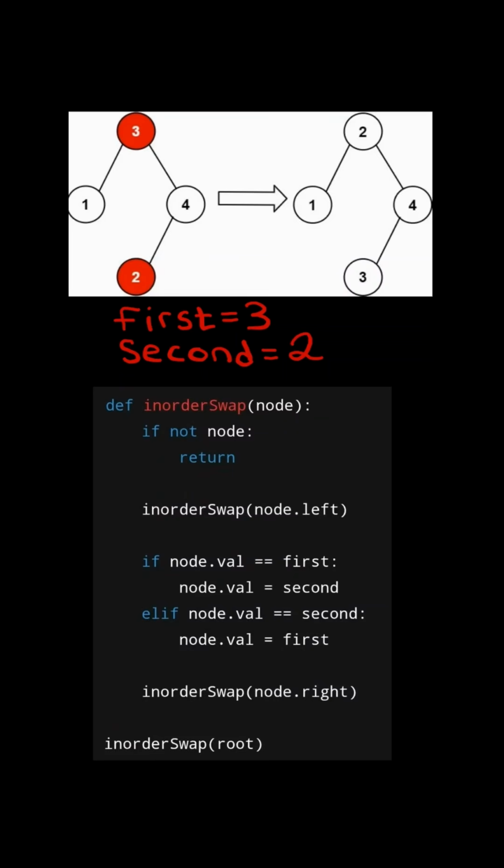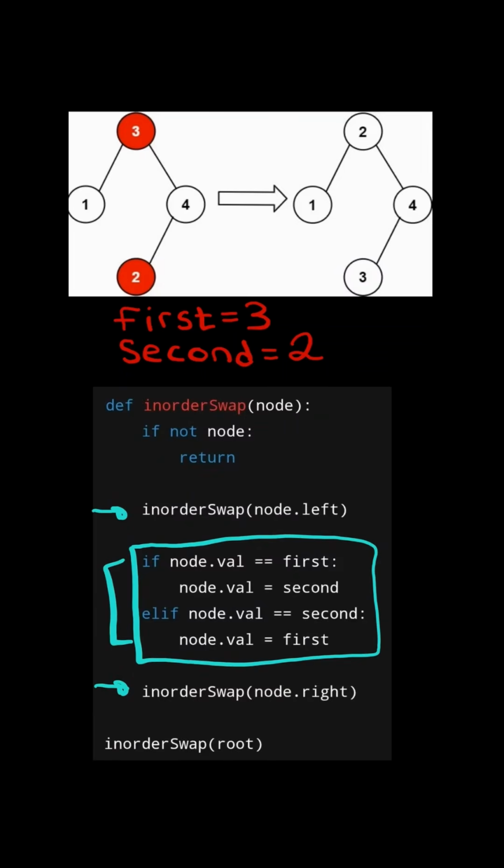which brings us to the third and final step where we need to apply the swap to the binary search tree. We follow a similar pattern to an in-order traversal where we recurse on the left subtree, process the node, and then recurse on the right subtree. But when we process the node, we check if its value equals first or second, and if so, we swap them. So in this case, when we process 3, we see that its value equals first, so we swap it with 2. And similarly, when we process 2, we see that its value equals second, so we swap it with 3. And so finally, we have recovered the